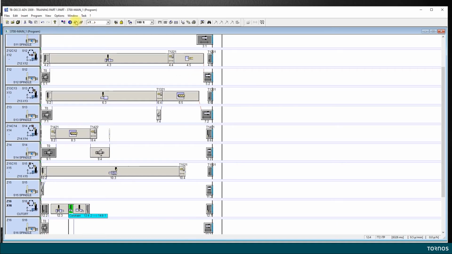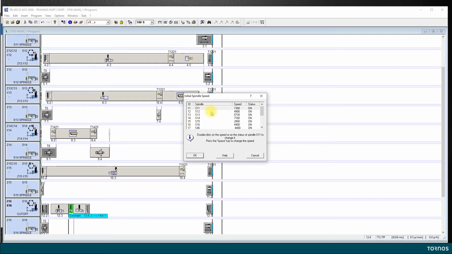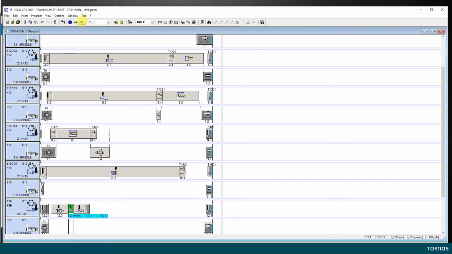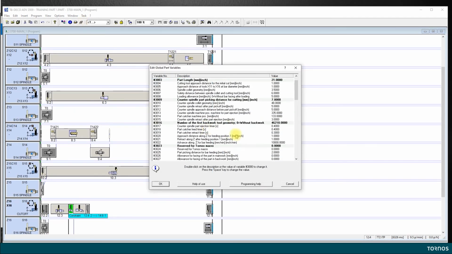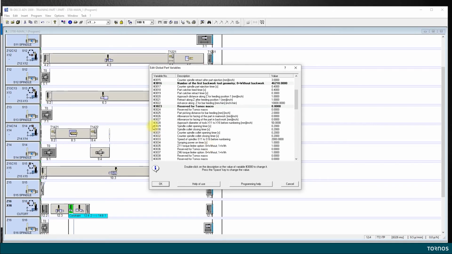So if I look here at my spindle speeds, I can see that we have different speeds per operation, so going from 4,900 to 5,700 and so forth takes time. This is why we have variable 3033, which allows us to set an average speed between all the operations for the switching of the spindles.